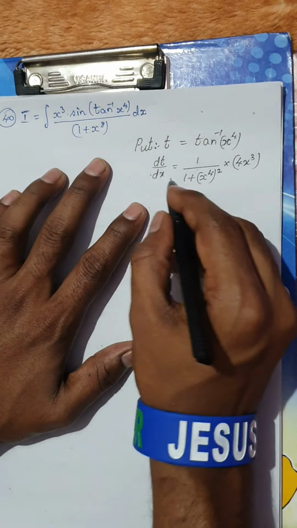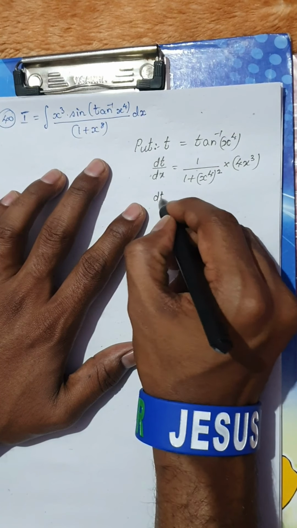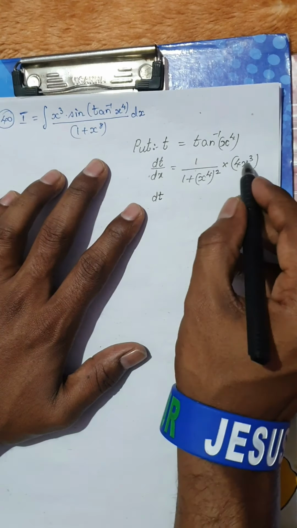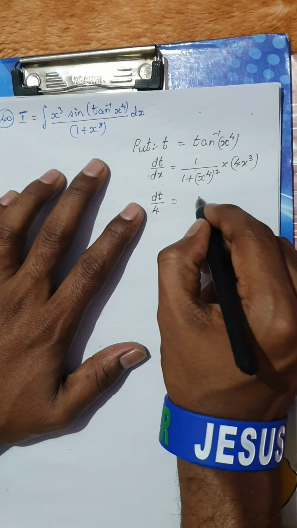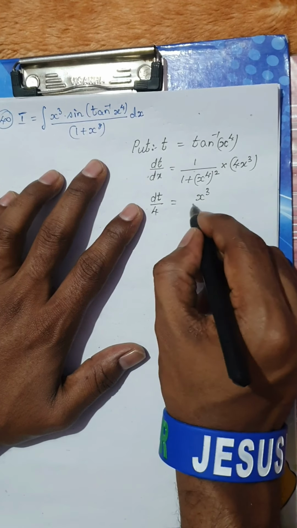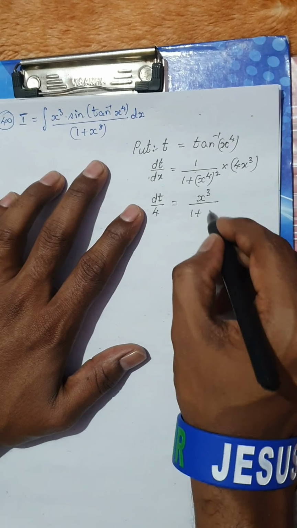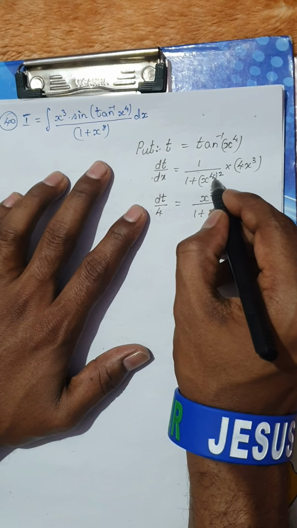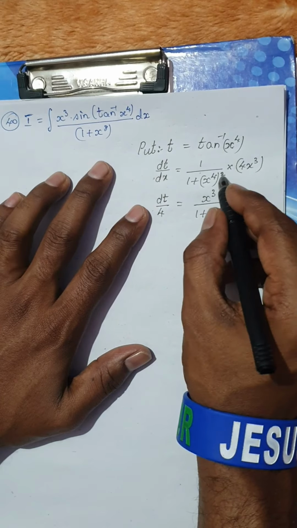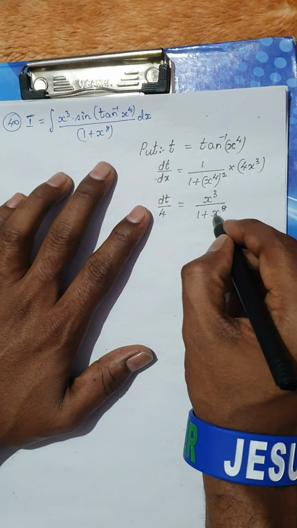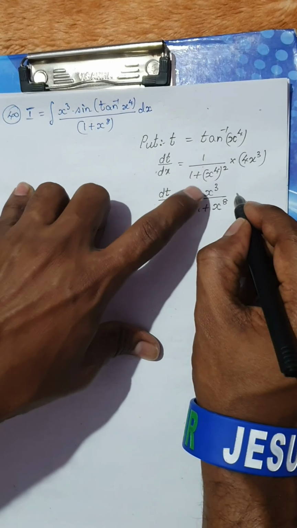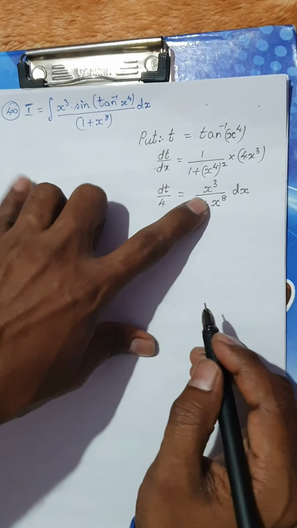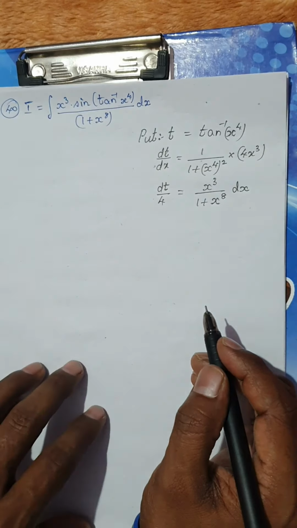Okay. Now see what happens. I am going to write this as dt. I am going to shift this 4 to the denominator. So dt by 4 would be x cube divided by 1 plus x power, again a power m power n is m into n, so 4 2s are 8. So I will get 1 plus x power 8, into this dx multiplied on the right hand side. Is it clear? The only thing is the simplification part.